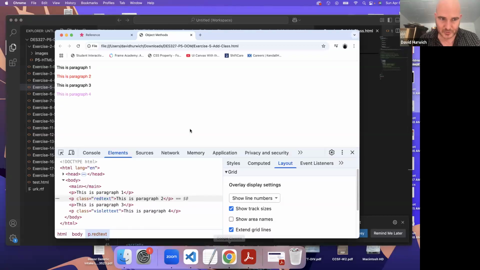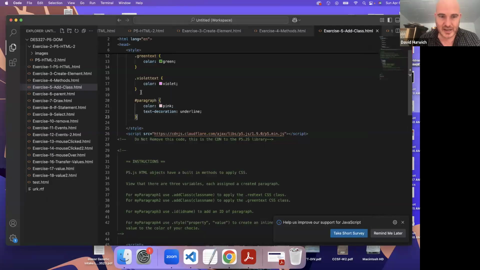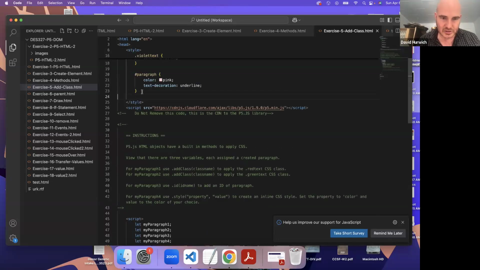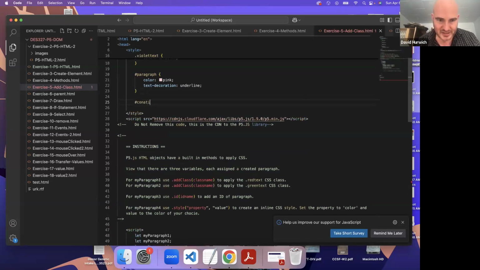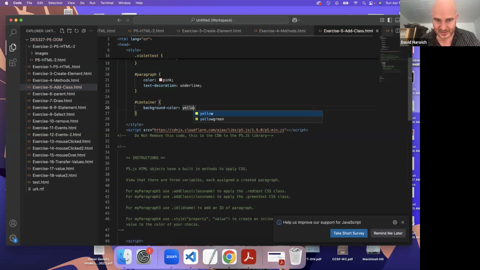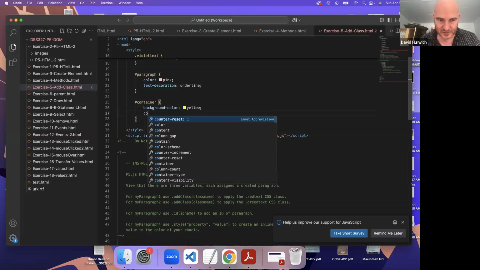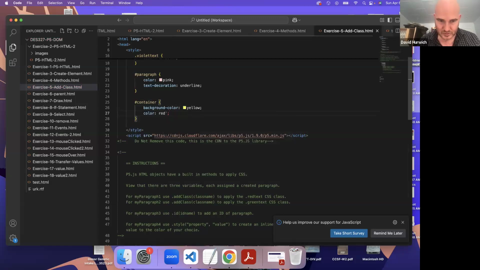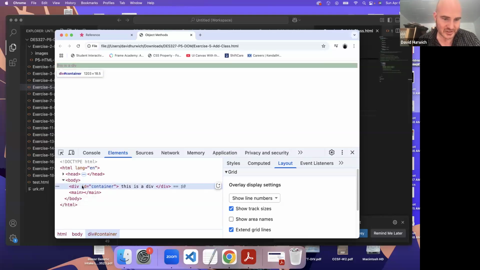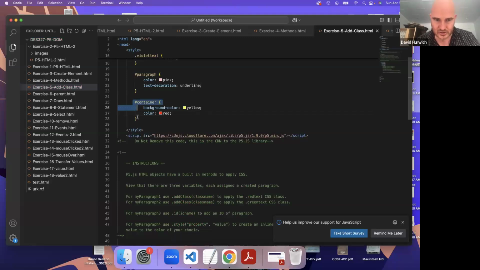And if I were to, I could preview this. This is a div. And then I could come in here. I forgot what I called it. Container. I could come in here and write a CSS ID selector like this. Give it some sort of values. And if I go back, this should now be yellow with red text. And if you look at it, you can see this is how it works. We can do this also with